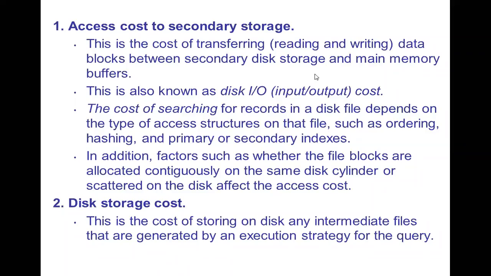So at the time of any processing, the process will be processing the data only when your data is available in the RAM, right? So it is not directly taking your data or directly interacting with your hard disk, right? The CPU, at the time of processing your data, whatever data is in process, that data should be there in the primary memory or the RAM. Okay, so this is also known as disk input and output cost.